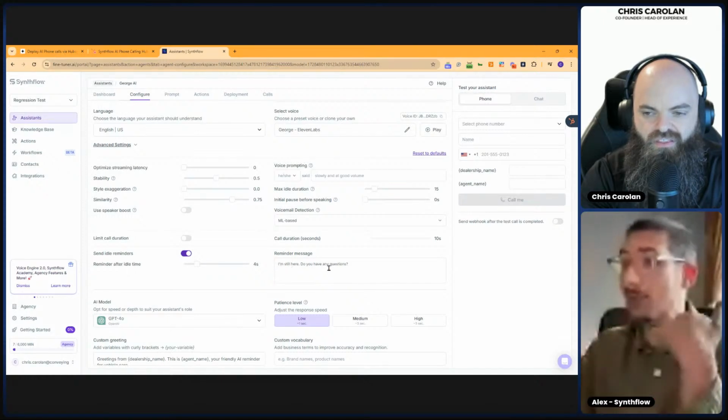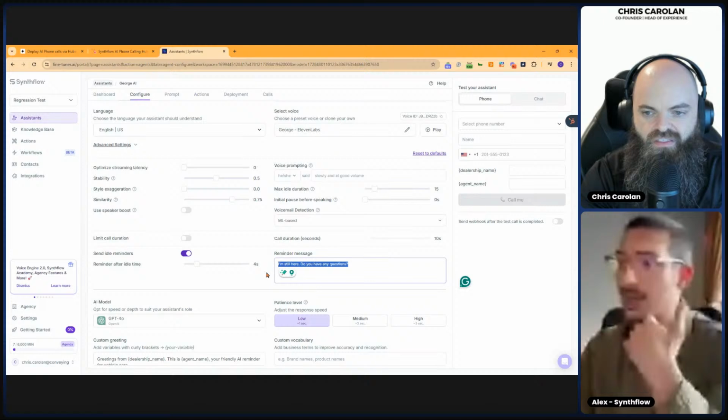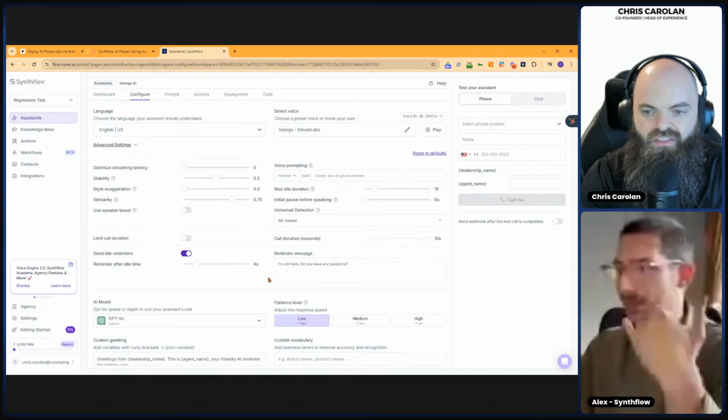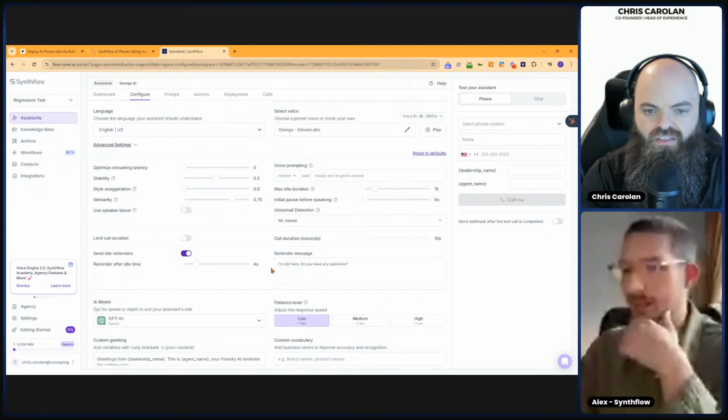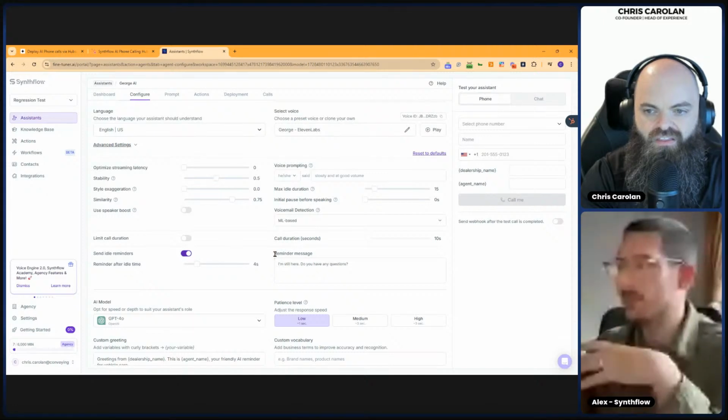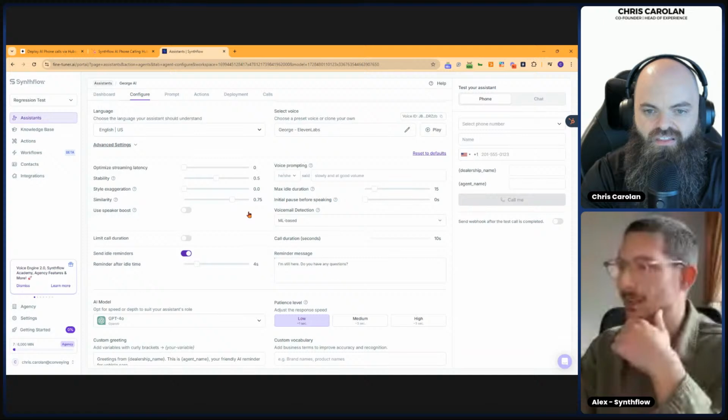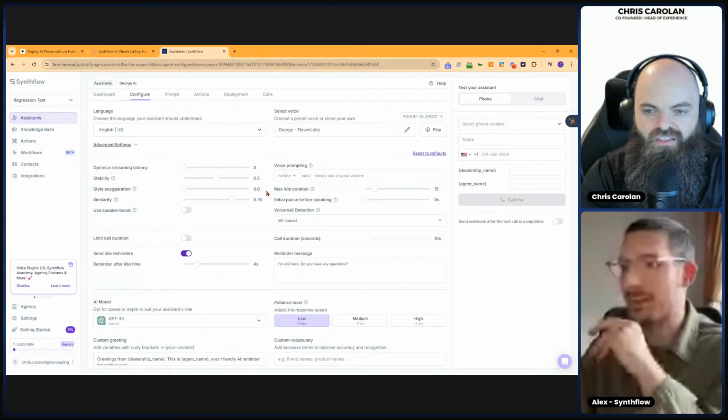If the human doesn't say anything, you can check, hey, are you still there? Are you still on the line? And stuff like that, to have the conversation act more conversational in those cases. But yeah, you can hide this. This feels complicated when you see it like this, but the new UI will make it easier